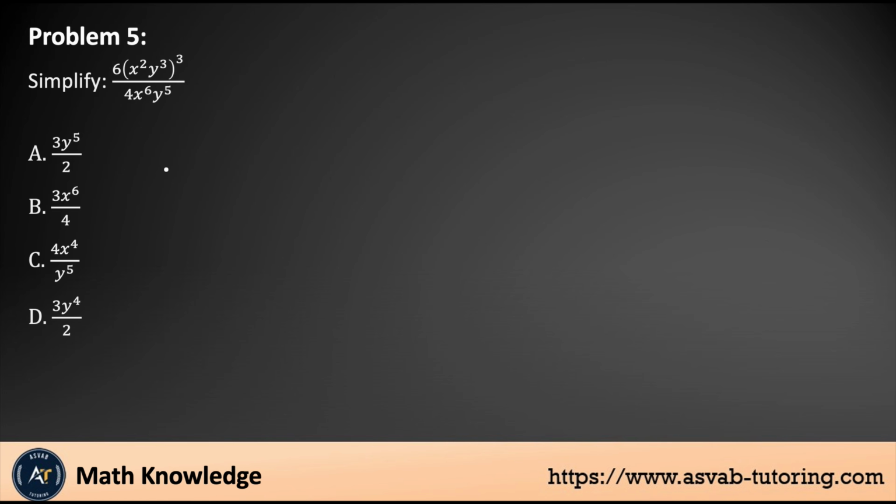Problem number 5, simplify (6x² y³)³ divided by 4x⁶ y⁵. So in order to solve that, you have to simplify the top and bottom first. So let's do that. For the 6, if we apply this cube to each term in here, that gives you x to the power 3 times 2 is 6, and then 3 times 3 is 9, y to the power 9, and the bottom you have